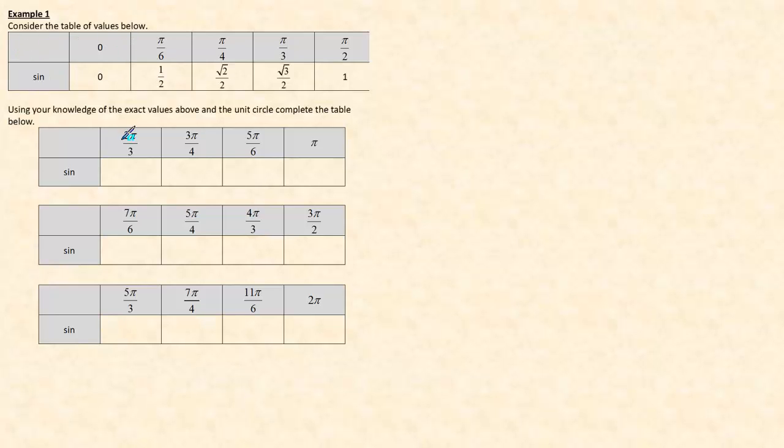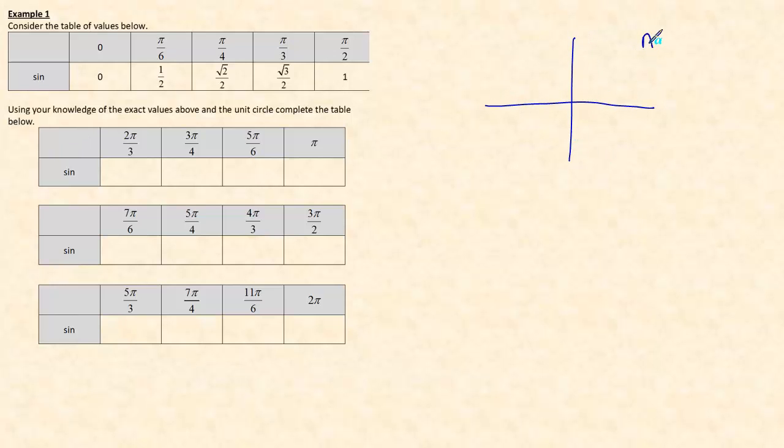Consider the table of values below. So these are just standard angles that we know. We know sine of pi by 6 is a half, for example. Using your knowledge of the exact values and the unit circle, complete the table below. So